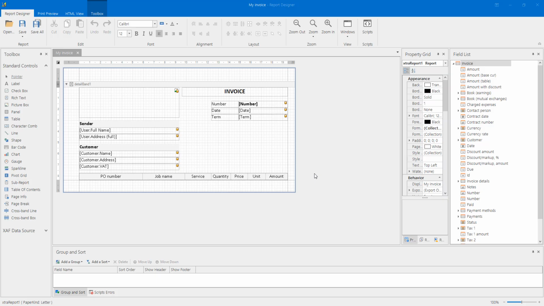Hello, welcome to the second part of the invoice templates tutorial. Here we're going to finish our invoice template, which we are creating from scratch. We already have the invoice header, and in this video we'll add invoice rows, totals, and learn one important feature called